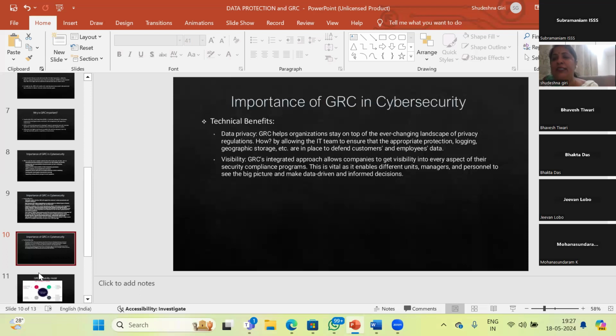For example, if I say I am working in the healthcare domain, my policy will not be the same as an IT company's. It will be very different. The policy has to be set according to the objective of the organization. Especially talking about governance, if it is an IT company and if it is a healthcare company, there are two different industries as such. So the policy, processes or documents which I prepare will be different from an IT company.